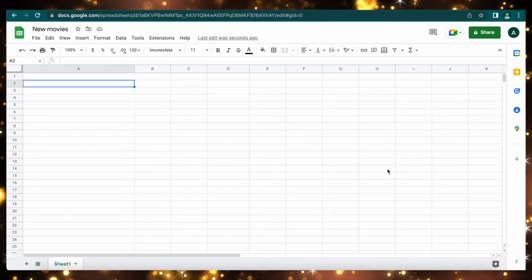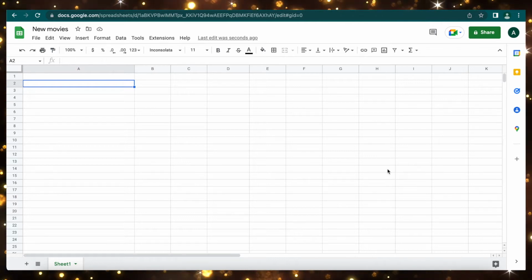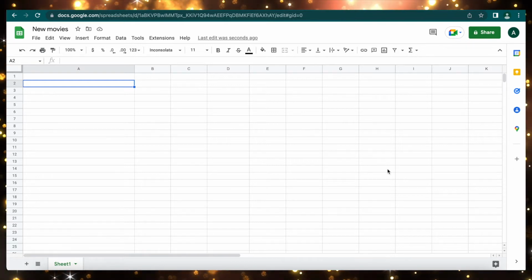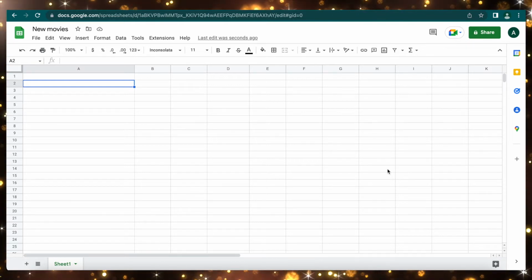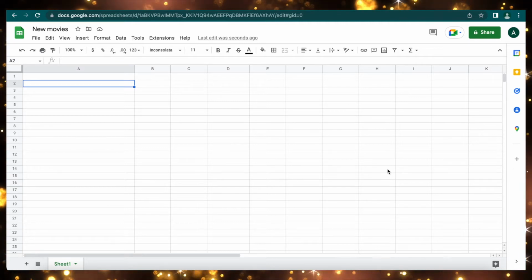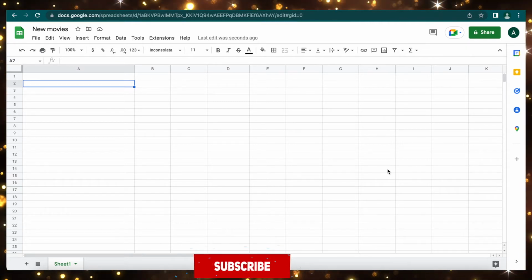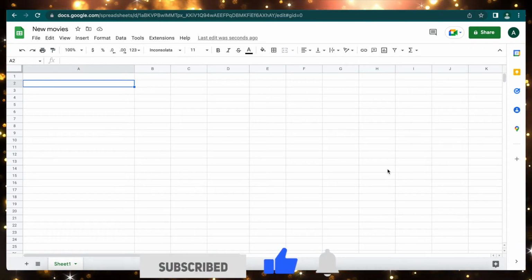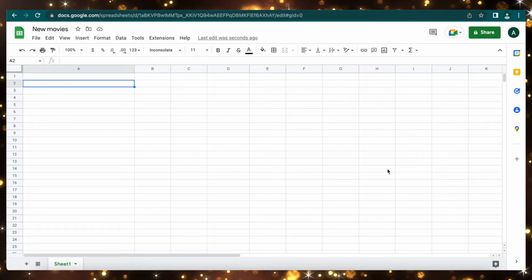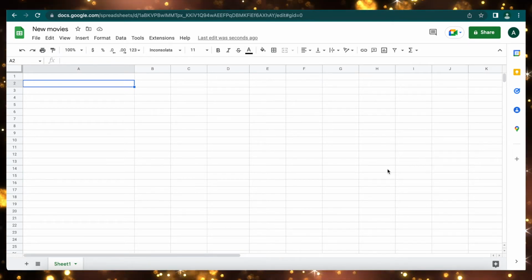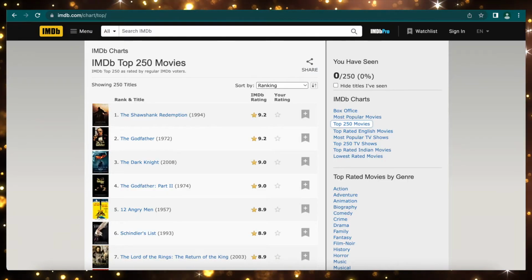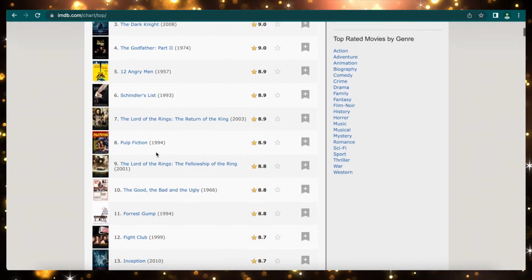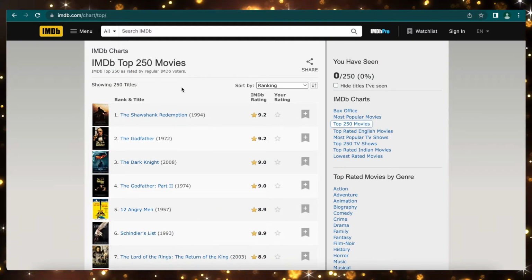We continue to learn about new functions that we can use in our Google Sheets. For example, if you need to collect some data from different sites for your work, and you don't want to go on each of those sites, then you have to create some query, some XML import to your Google Sheets. For example, I found a site with movies that has a list of top movies, and we have a